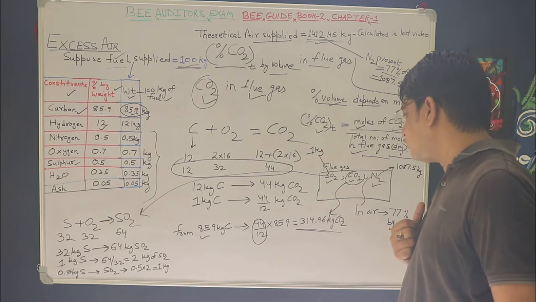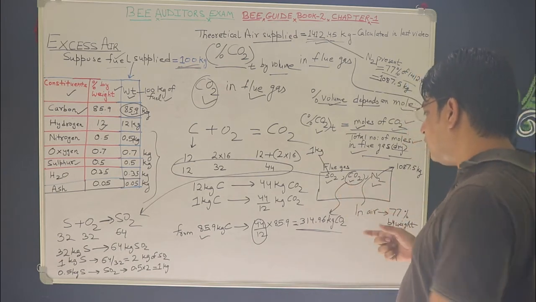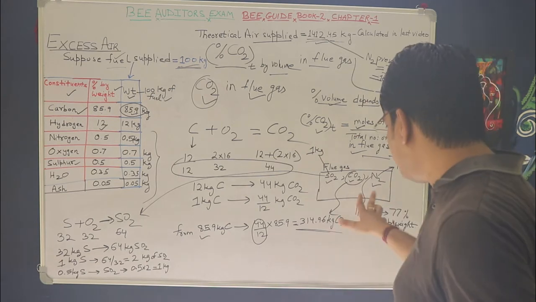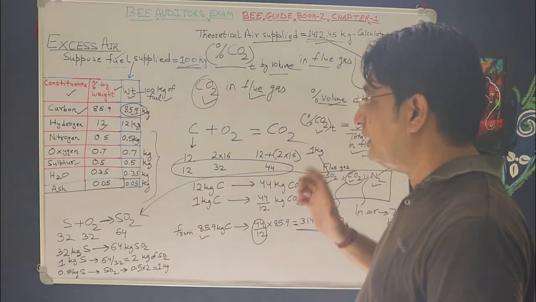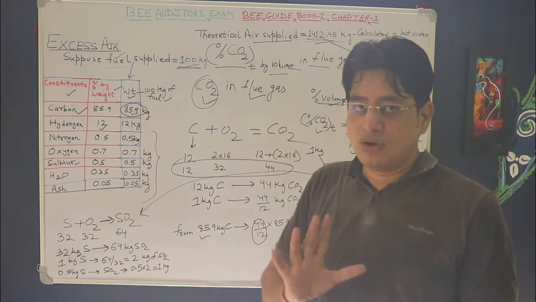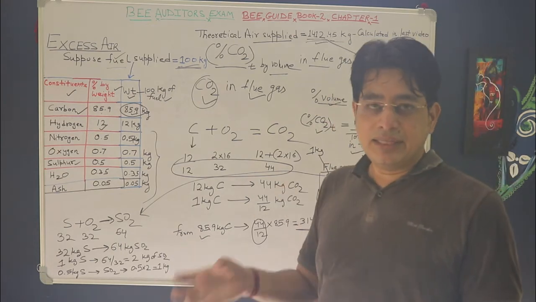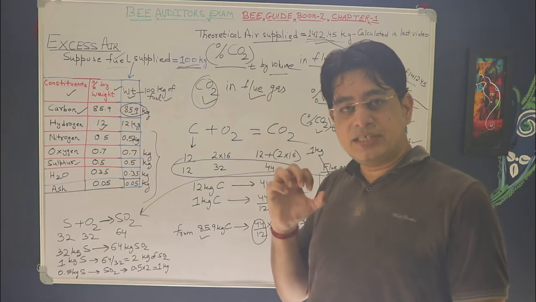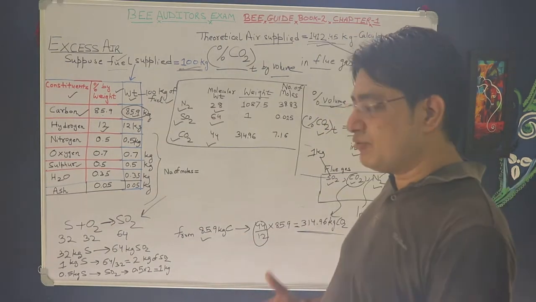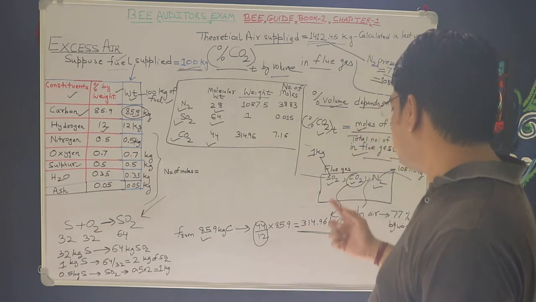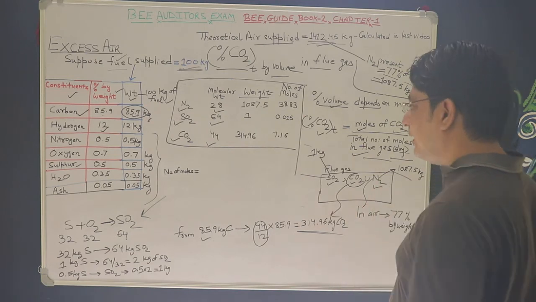Now these are the components which will be present in the flue gas. Now again, if I ask you a question, why is oxygen not present here? If you are supplying only the theoretical air, then in the flue gas or in the exhaust you will not get any oxygen, because the oxygen available in the theoretical air is 100% consumed in the combustion itself. So friends, next we will calculate the number of moles for each of the constituents of the flue gas, that is SO2, CO2 and N2.